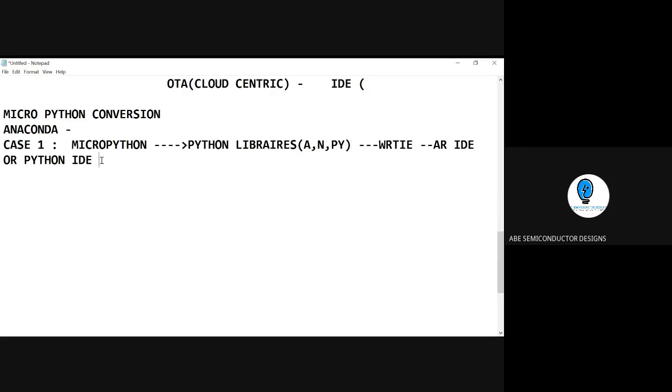So I'll show you the two mechanisms. With the Arduino IDE, I've shown you with the help of Firmata. Now the same with a Python IDE, I'll just use Spyder. So these are the logics we have come across here. Now, what is the mechanism we should follow? What should we do now? We should create an environment variable.